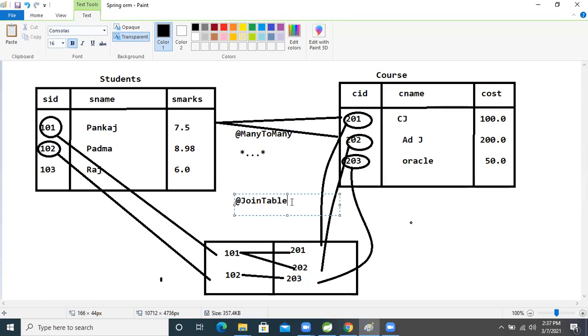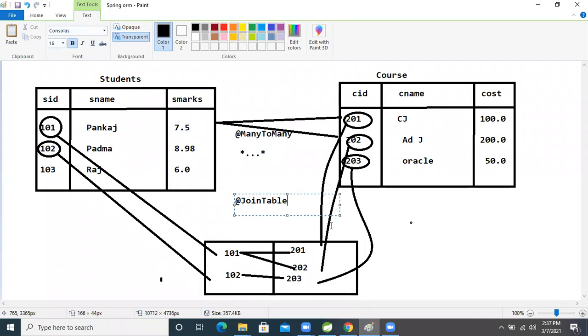In the third table attribute, what will we do now? I'm just explaining which annotation I'm using and what will happen by using that annotation. Here I'm explaining those things, and when I do the practical, I will give the real syntax there, and there again I will explain it, right?